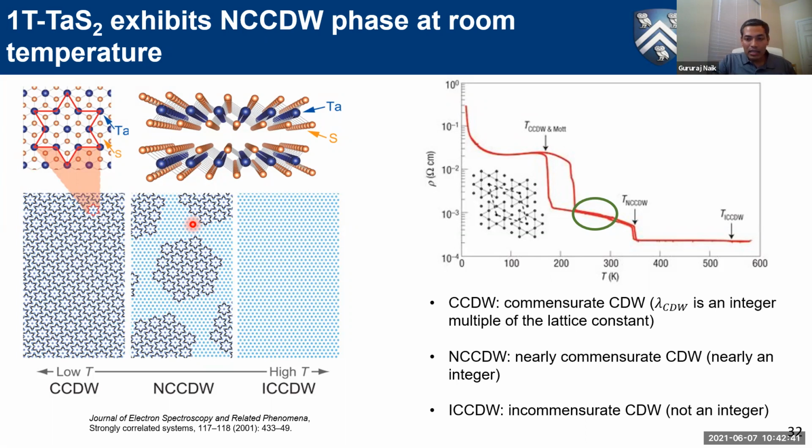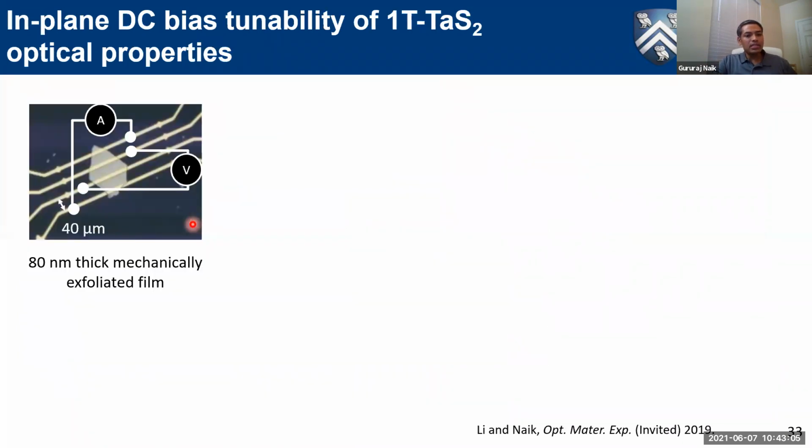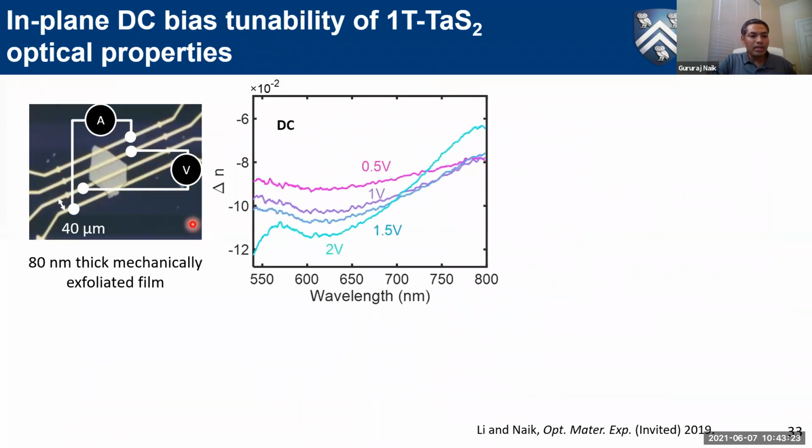Okay. So because of these different phases in this material, or electronic phase transitions, this material has been extensively studied, because of, in fact, an electronic phase transition at room temperature or above room temperature. And it has been shown that the electrical properties tune significantly with any stimulus: pressure, temperature, doping, and then field effect, both vertical field and in-plane field, so many different stimuli. Okay, so we were really curious to find out if this is also true with optical properties. And there was nobody who had any optical properties measured. So what we took was we peeled off, we exfoliated mechanically an 80 nanometer thick crystalline film and then created contacts and then applied a DC bias on this. And we measured the optical constants as we applied bias.